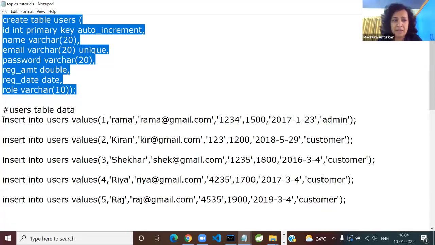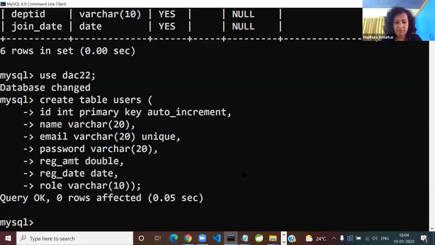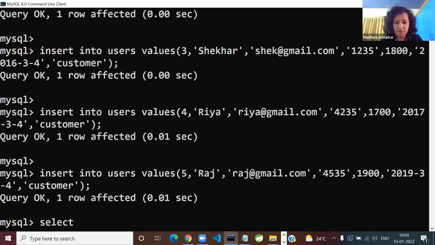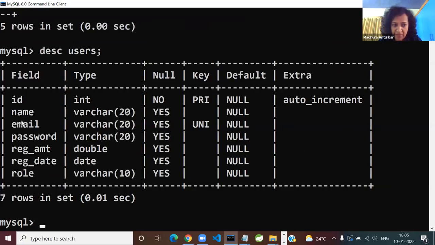I've just given you some sample data as always to make your startup easy. As you can see, you will have two roles, admin and customer. Currently, we are solving it under the customer role. Paste it, please, and see whether you got some users there. Select star from users, and you can see I got this. If you say describe users, you have the ID, name, email with a unique constraint, and the role, which is of course customer or admin. Done so far? Copied the users table?